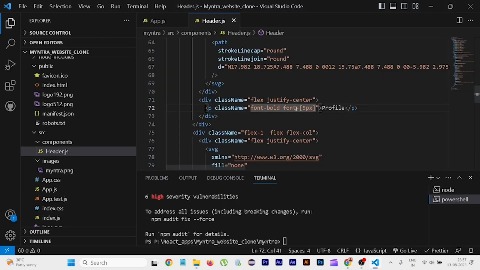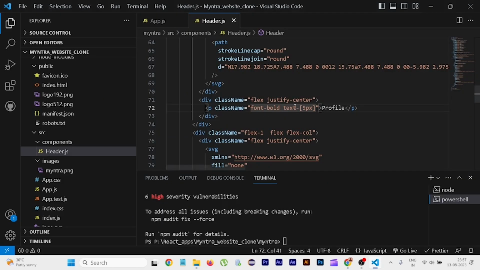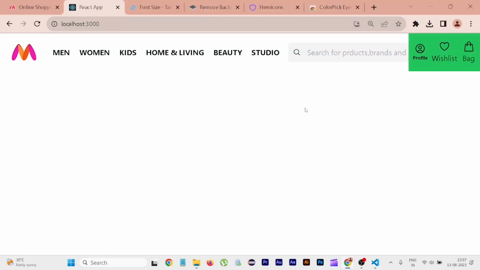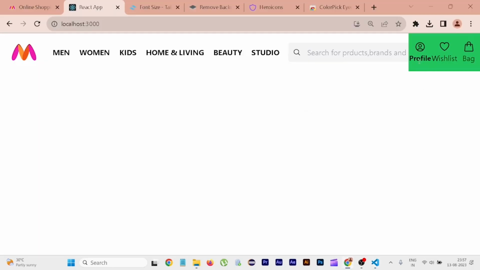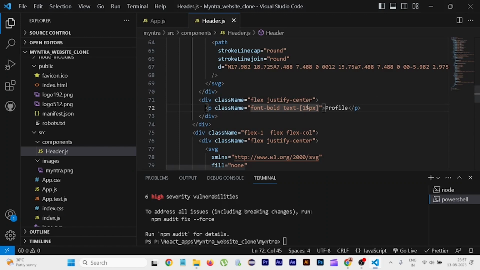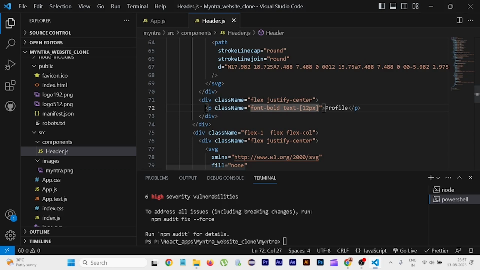So go here and write text, and back in the browser you see 5 pixel is way too small. Keep it 10 pixel and you see 10 pixel becomes too small. Keep it in 15 pixel and see, 15 pixel is bigger. So 12 is fine. Now copy the same thing